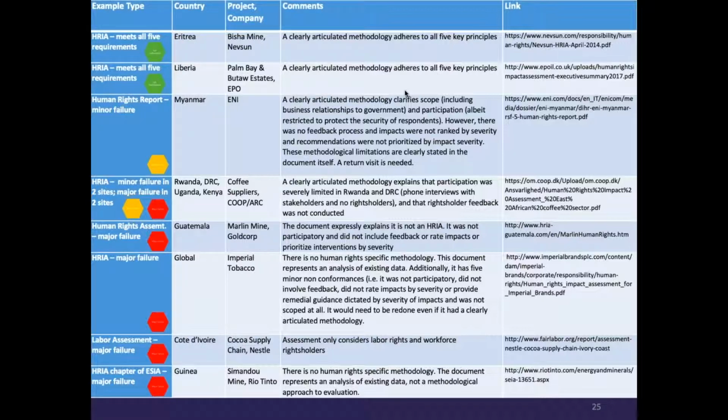Mm-hmm. It would also apply to environmental impact assessment or social impact assessment. Somewhat different from the human rights due diligence requirements, which is not what we're talking about here. We're talking about impact assessment. That does lead me to another